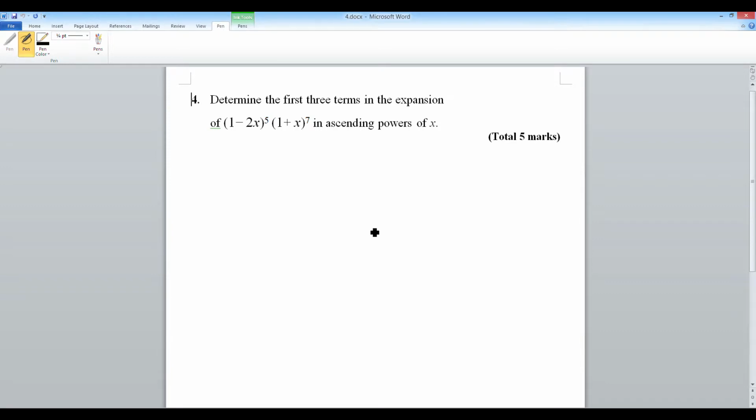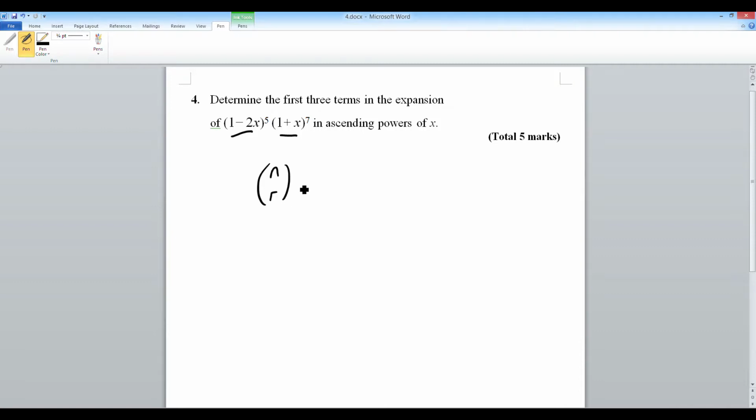Hello, let's take another look at binomial expansion. So, given here, we have the product of two brackets. The first one is (1 - 2x)^5, and the second is (1 + x)^7. So if I want to use my binomial expansion in this case,